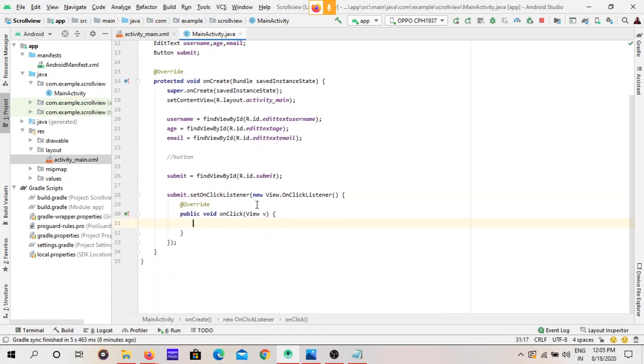Now see, we have given the set on click listener to this button. Now what we are going to do is push the data into Firebase. When the user clicks this button, the data is going to be pushed into the Firebase database.